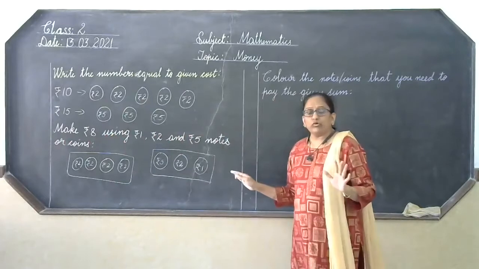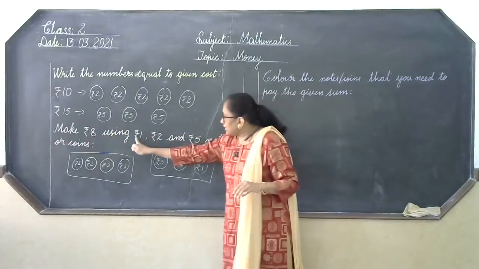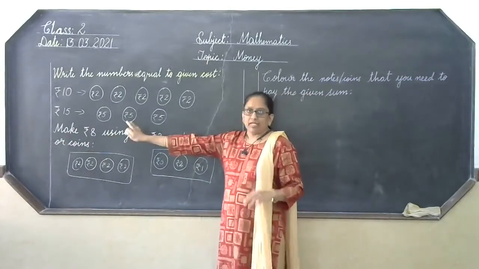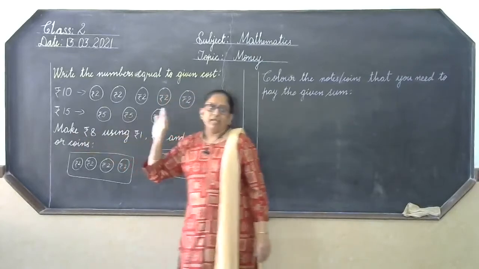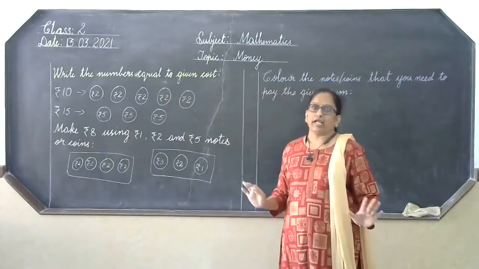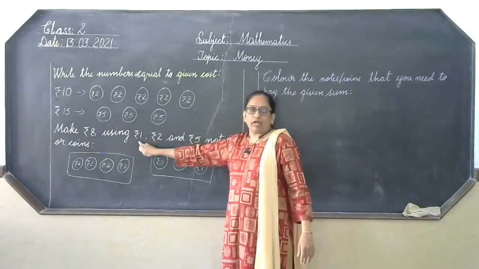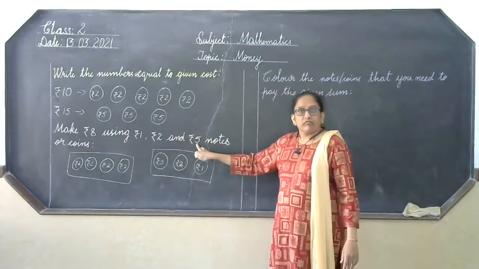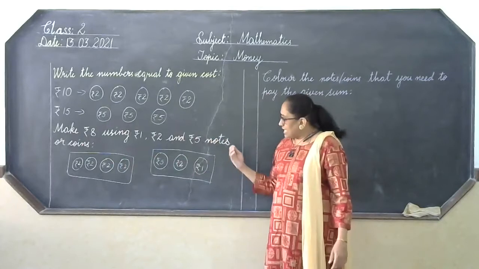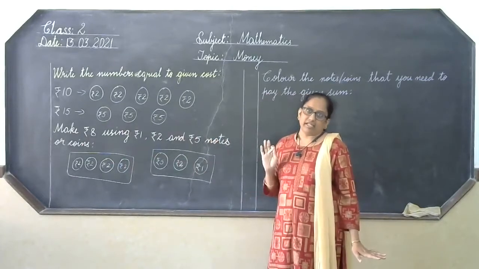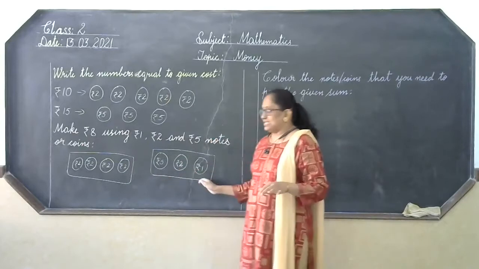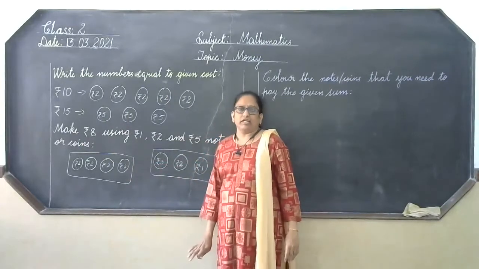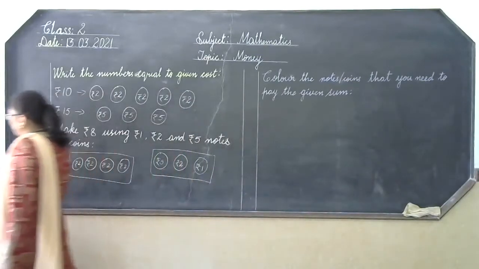Understood? But what you have to do is take these coins and arrange them equal to the number given. Here I have given make rupees 8. Coins are in one bowl, we have kept 1 rupee coins, in another bowl 2 rupee coins, and in another bowl 5 rupee coins. You can take any coin and make 8 rupees. If I ask you to give 3 coins, you can take like this. If I ask you to take 4 coins, you can take like this, 2 rupee coins, and give. Understood?